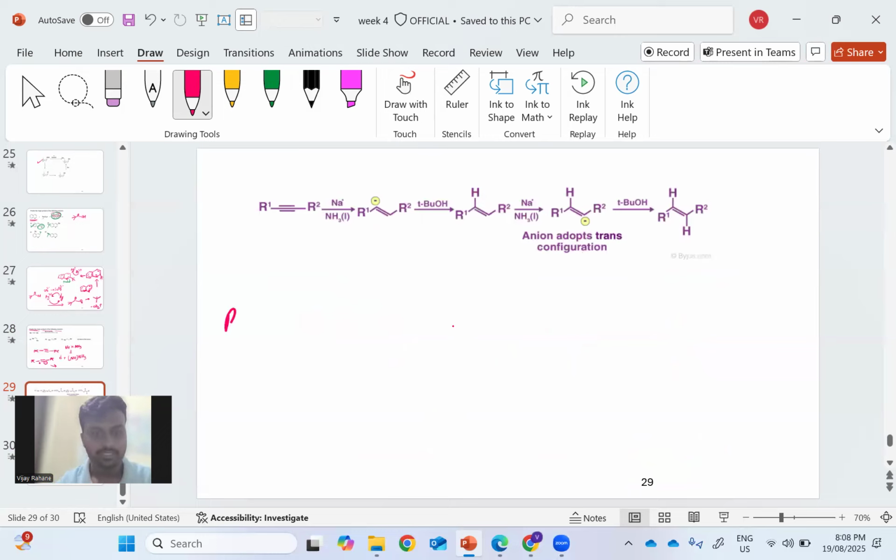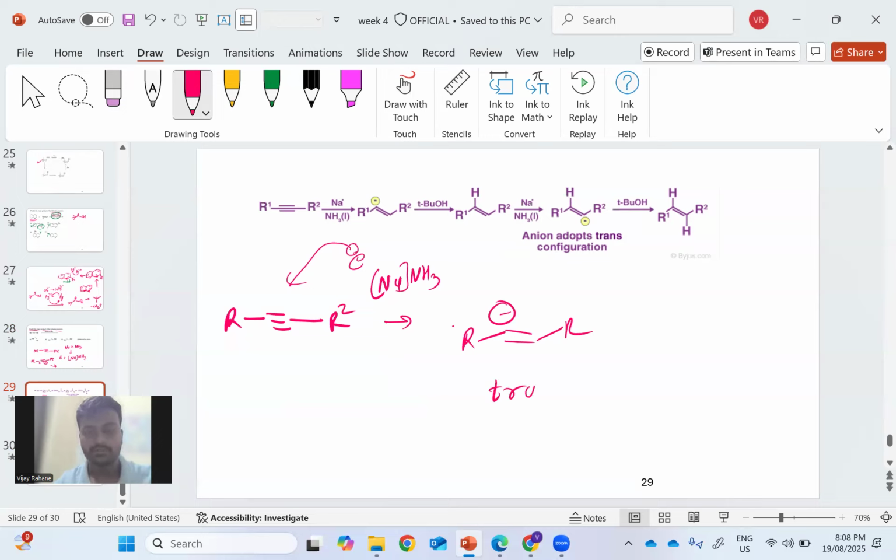Right, up to here, we have come up to here, right? So we have this one, then we have R2. So once Na NH3, this salt, gives the electron, this entire salt transfers electrons to the system. So it abstracts the proton. There will be a negative charge, and this will be trans to get the stability. So here R absorbs the proton, R2. And again, the second molecule,